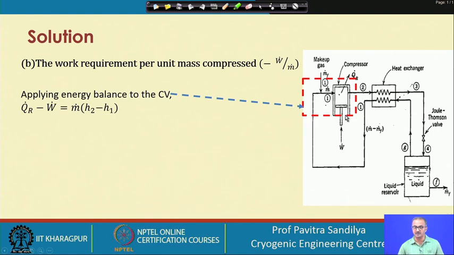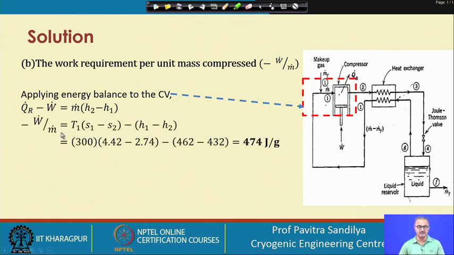Work is associated with the compressor only, so we take the control volume around the compressor and not any other thing. Even if somebody wants to take the other things into consideration, that is not going to give a different result. You will only find that you get some other variables to be considered to find the work done. So this choice of control volume is arbitrary. You can choose any control volume, but you have to be careful whenever you are writing all the balance or conservation laws. So for ease we are choosing only the compressor as the control volume.